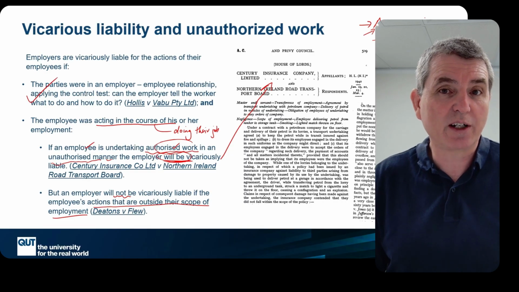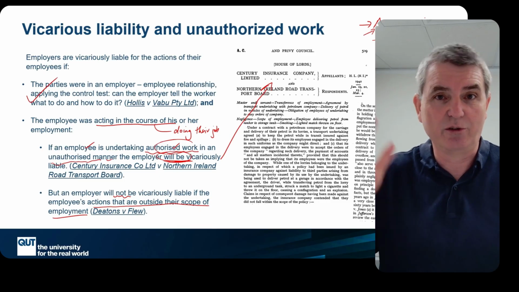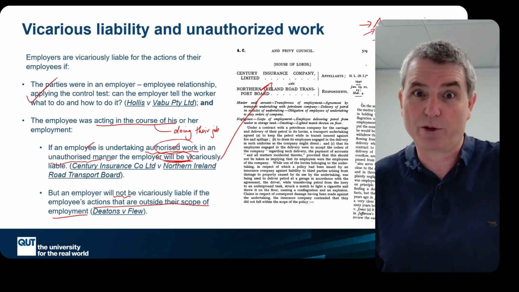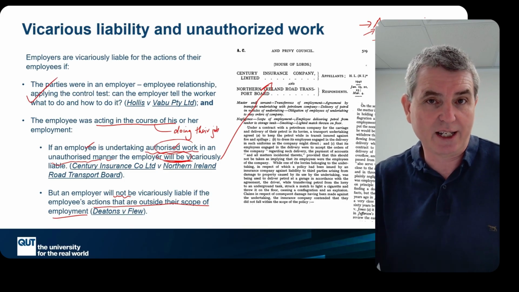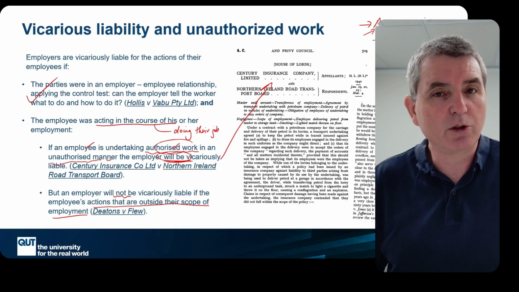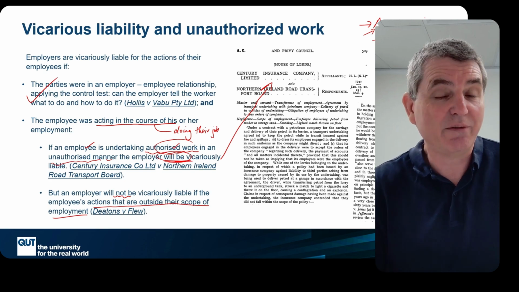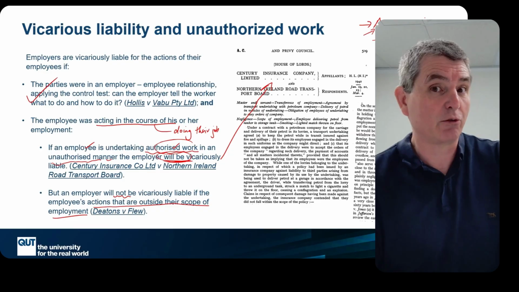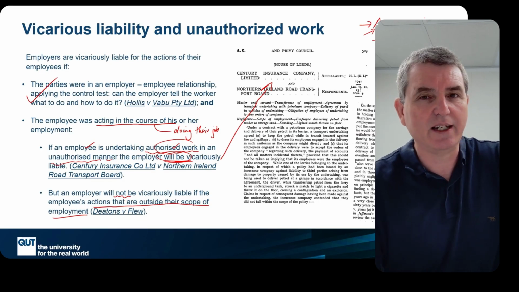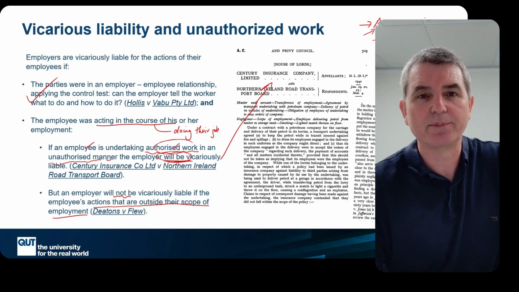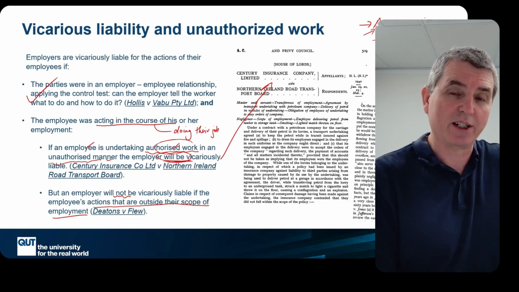So unauthorised work would be me going to the discotheque on Saturday night and seeing you and slapping you on the back, right? QUT has not authorised me to do that. But if I did something stupid in a tutorial, if I got you to dance on the desks and you fell off, then QUT would be liable because I'm doing an authorised act. I'm running a tutorial, even if I'm doing it in an unsafe or an unauthorised way against the work health and safety policies. So that's the key difference there. And with those two rules, we have a fairly good way of understanding when a business is liable for what its employees